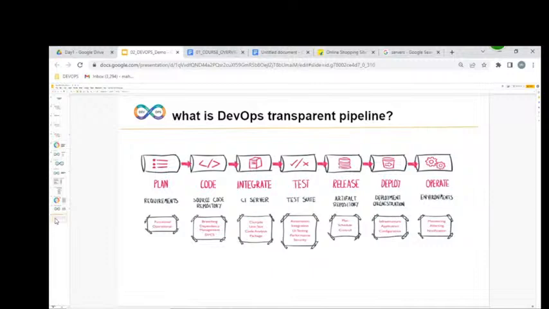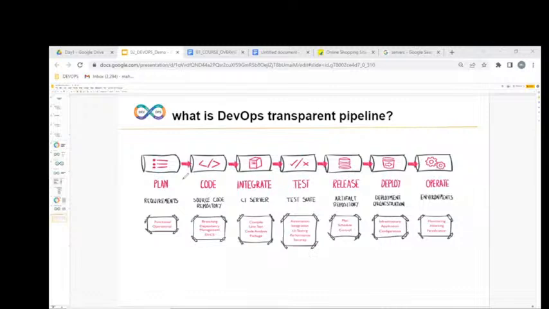Clear, all of you? So in this DevOps transparent pipeline, we have plan, code, integration, testing, release, deploy, and operation.